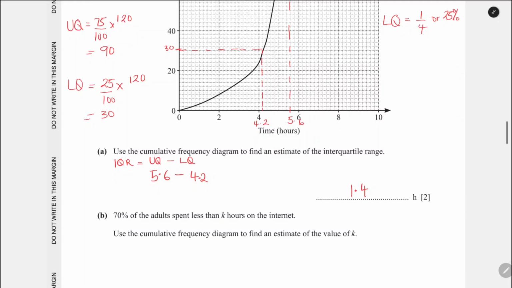We're told that 70% of the adults spent less than K hours on the internet. Use the cumulative frequency diagram to find an estimate for the value of K. We're being told that 70%, so let's highlight that. 70% of who? Of the adults. It means we need to find 70% of the total cumulative frequency. Okay, so 70%